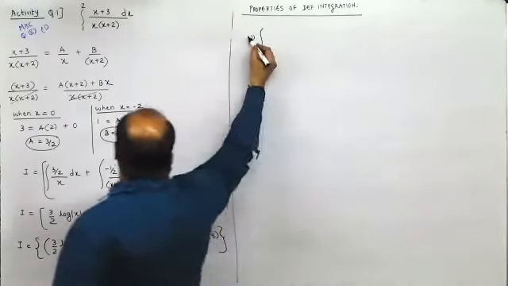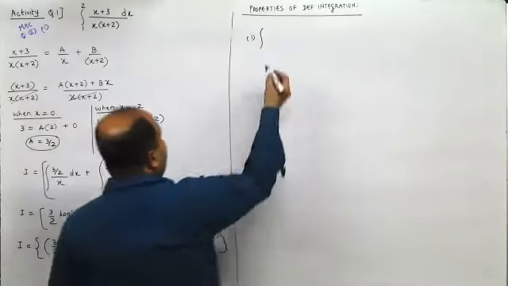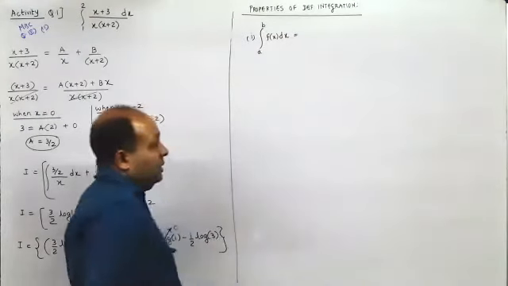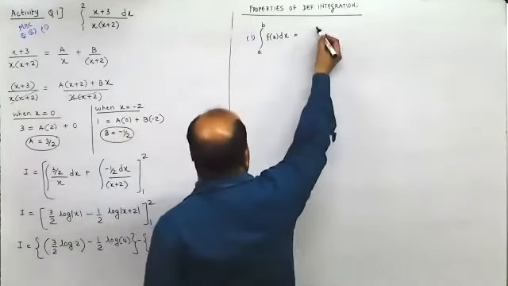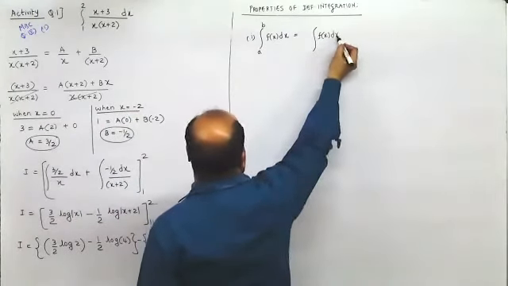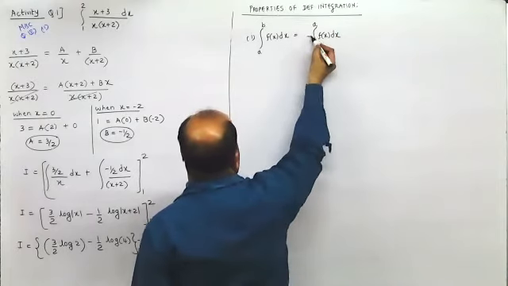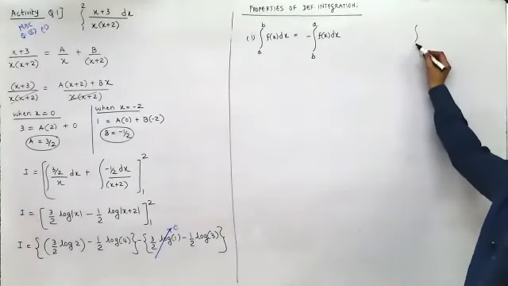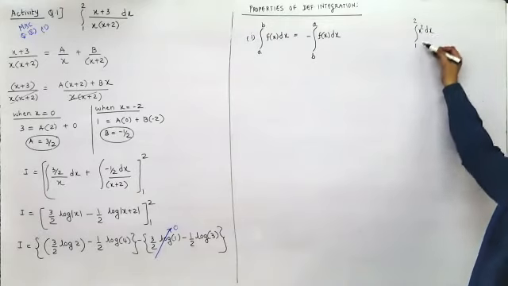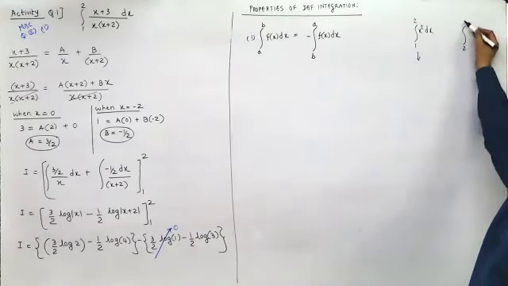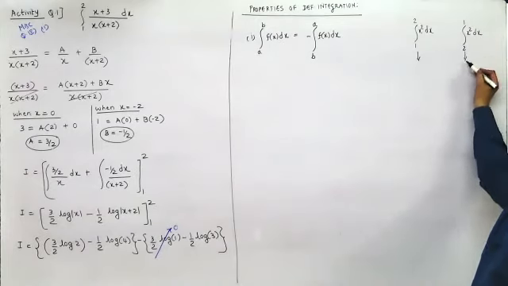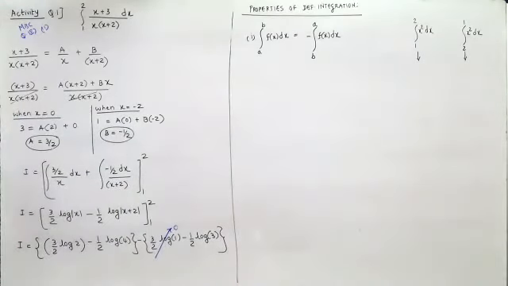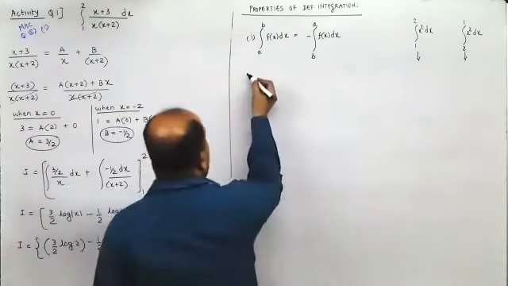Remember, first one, if I write f of x dx between a to b, then if I find the same function value between b to a, the values would be the same except for the sign, minus a to b. That is, in short, if I take 1 to 2 x square dx and I find its value, and if I find 2 to 1 x square dx and I find its value, the values would be different only in sign. Only in sign.